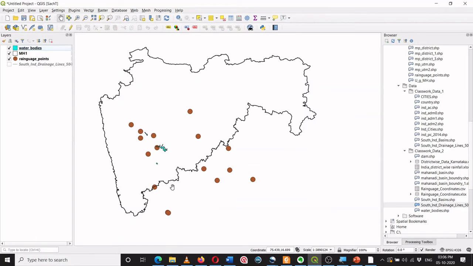And by some research I came to know that one rain gauge represents a surrounding area equivalent to a radius of 50 km. So I wanted to know the area covered by each rain gauge. Then only will I be able to know whether these rain gauges are enough or whether I need to install more. So let's do it by using a tool called buffer. It is available in geoprocessing tools, buffer.